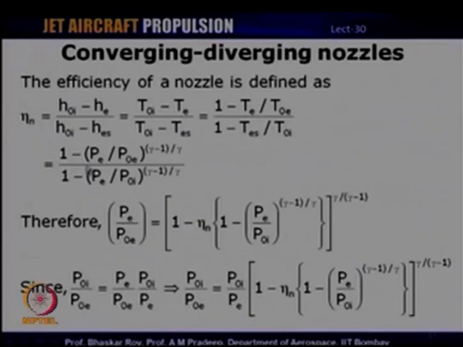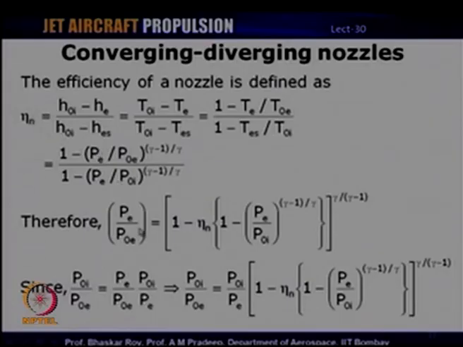This will now be expressed in terms of the pressure ratios. So, we get [1 - (Pe/P0e)^((γ-1)/γ)] divided by [1 - (Pe/P0i)^((γ-1)/γ)]. So, here we will now express Pe/P0e in terms of the nozzle efficiency and the